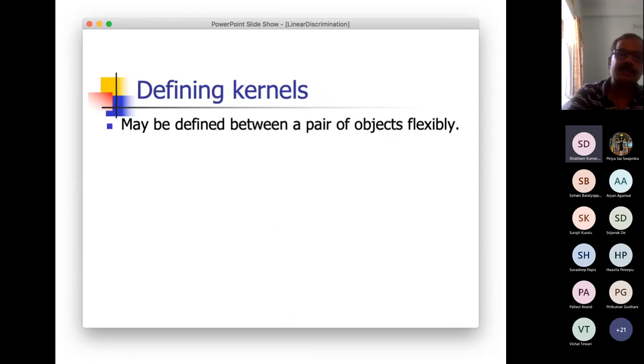Right. So the other advantage of this particular approach is that you can further generalize it. The kernels need not be computed using numerical values of the feature space. Kernel values could be computed from some